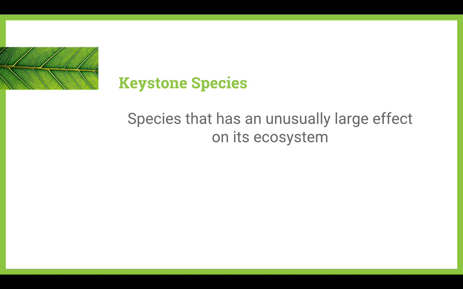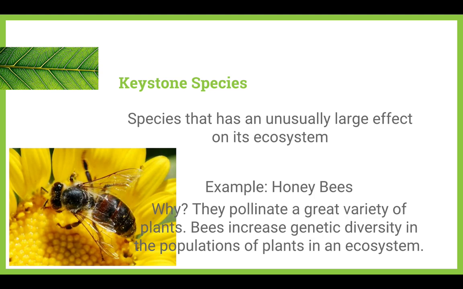A keystone species is a species that has a very large effect on an ecosystem, an unusually large effect. There's a really important one in today's world that I'm going to talk about, and it is the honeybee. The honeybee is one of those organisms that, especially in this part of the United States, is starting to die off. It has a competitor that has come in that does not do the same things that it does, and the competitor is better than it in a lot of ways, and it's starting to kill the honeybee off,